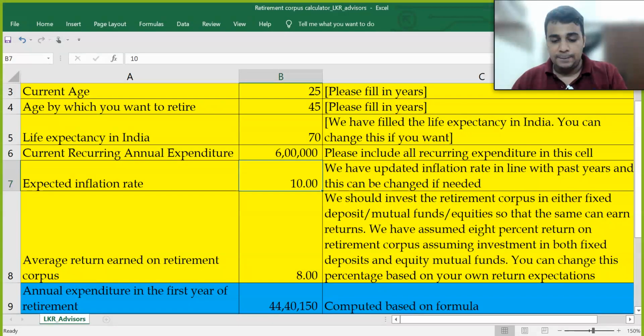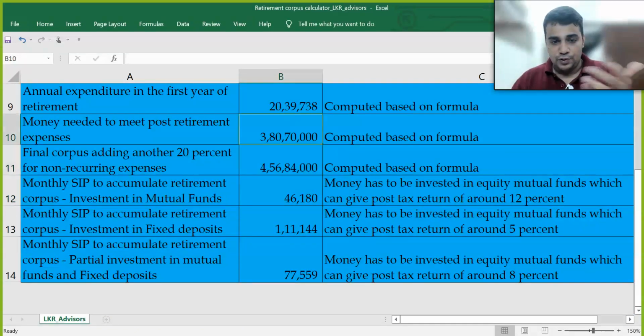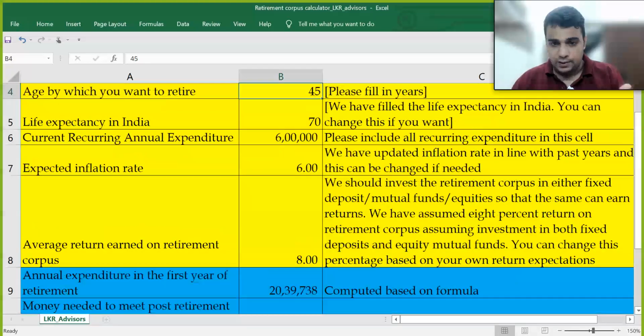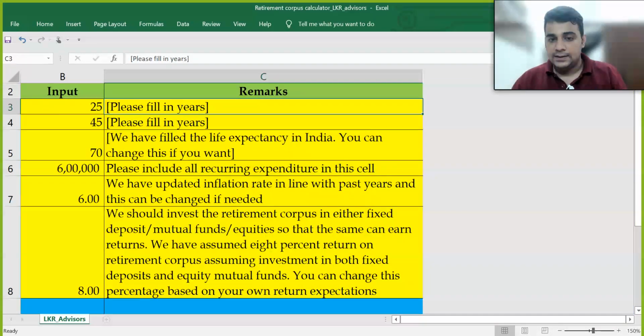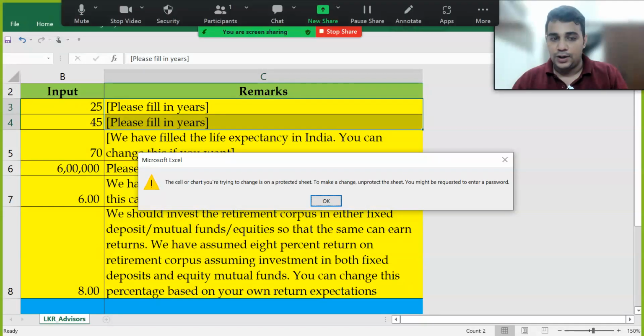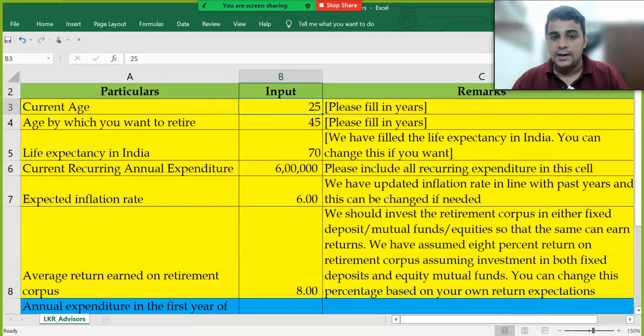and inflation I bring it down to 6%, this can become under comfortable category. So you can keep playing with this calculator. You decide what you want to do. You can edit these things. These things are not editable. It will not allow you to edit. So it will take care of this requirement. So you can edit this and then get to the calculation and decide how much returns you want to generate.